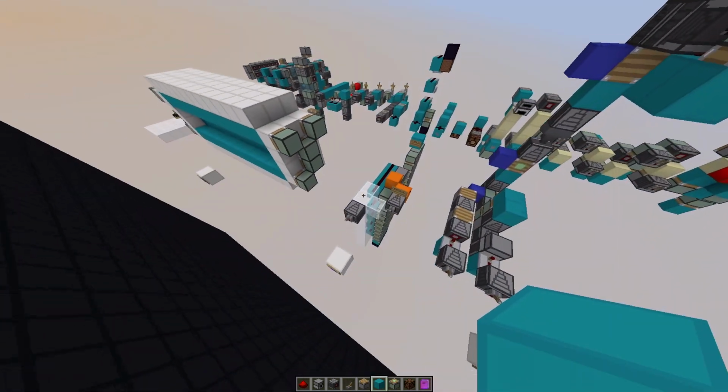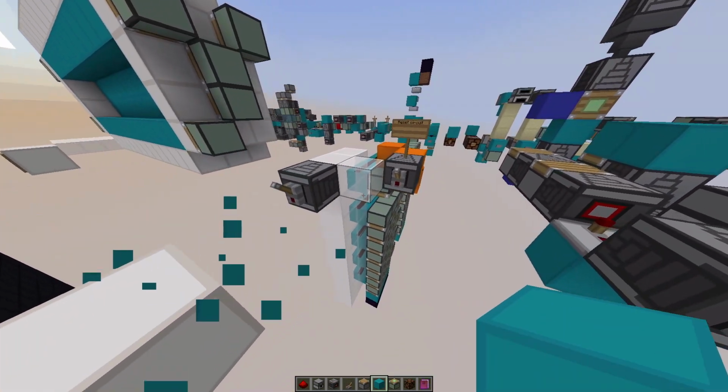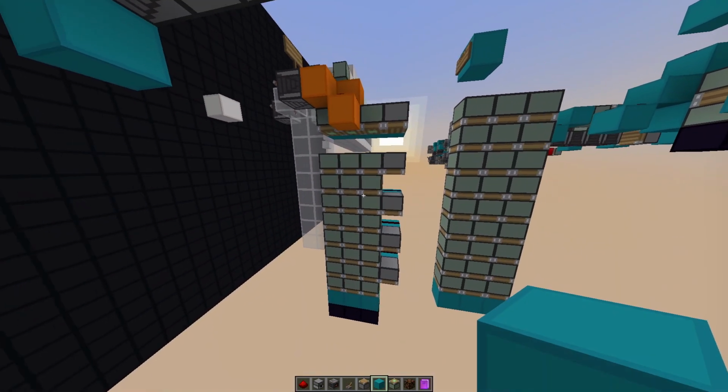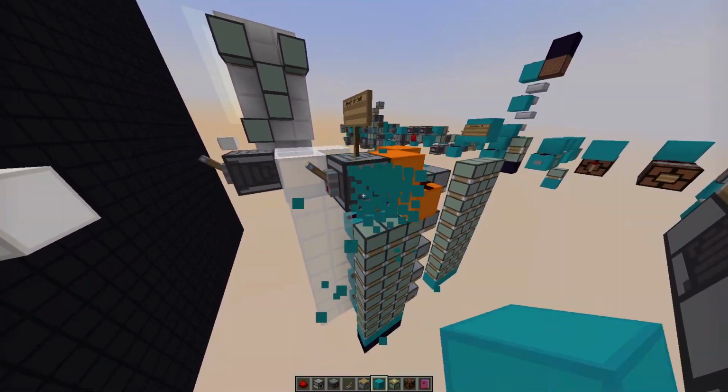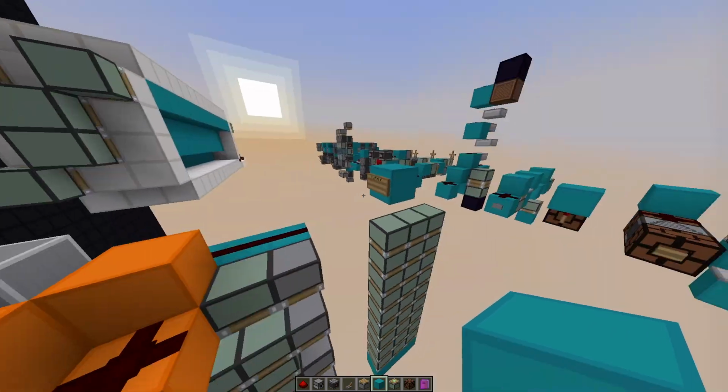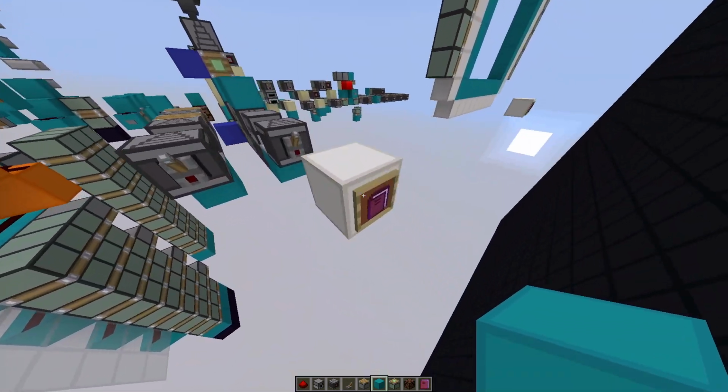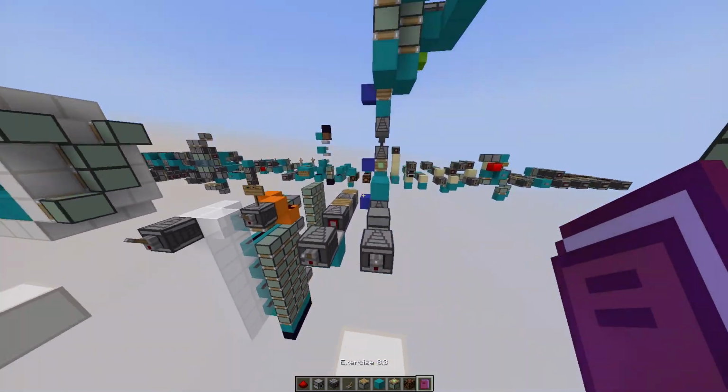And then I would talk about the second one. The second one is literally just to retract the entire piston stack to this. And also if you need to reset the circuit, you can just reset it with this. So yeah. The third one is a bit more interesting, which is